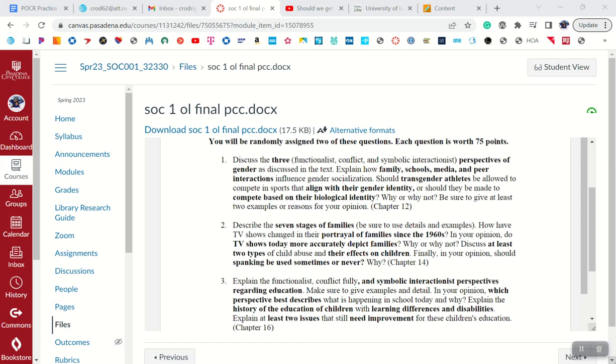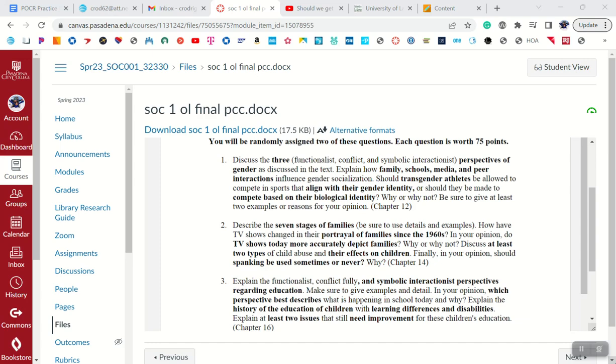First, question 1 from chapter 12. Discuss the 3, and here, of course, are the functionalist, conflict, and symbolic interactionist perspectives of gender as discussed in the text. Okay, so here what you want to make sure you're doing is not just to say, well, functionalist